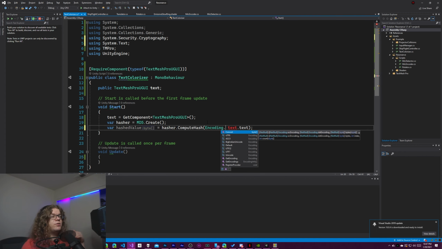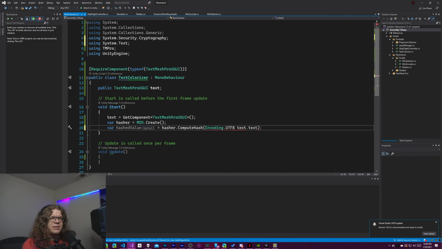And so this includes a whole bunch of different things. There are a bunch of different encodings that you can use. UTF-8 is a pretty common one, I guess. That's probably the one that you want to use here. And so we're just going to use that and get the bytes from that. This lets us pass in a string, convert that into bytes, and then get those bytes and pass that into